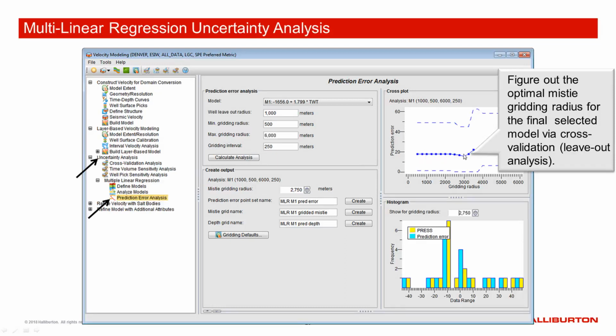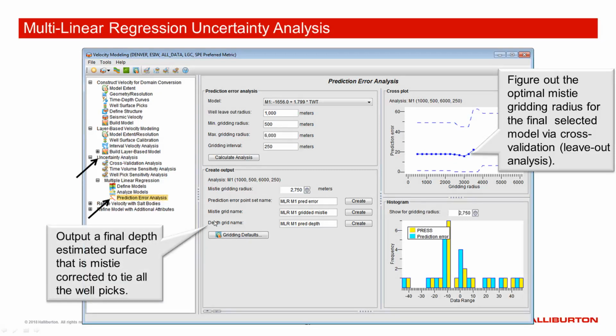and do a cross-validation analysis to figure out what is going to be my best gridding radius to use to add my misties back in, so the actual surface that I generate from this model equation does tie the wells. So I have an equation to get a surface, and then I do some mistie fitting to recalibrate to the wells. And this is where we output our final depth grid based on this purely statistical linear